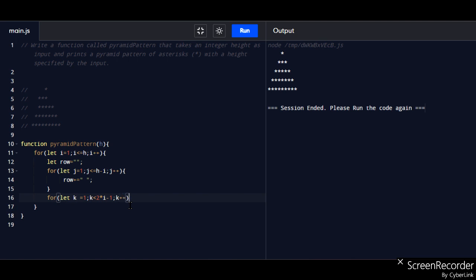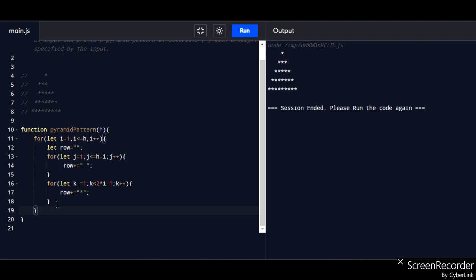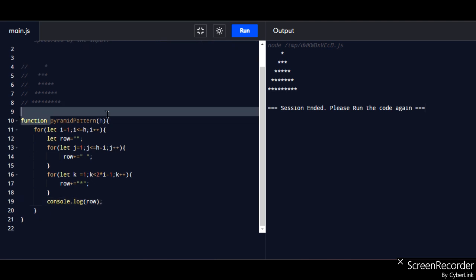Then I go here and take row plus equal to star. Then console.log row, and here I just take h.